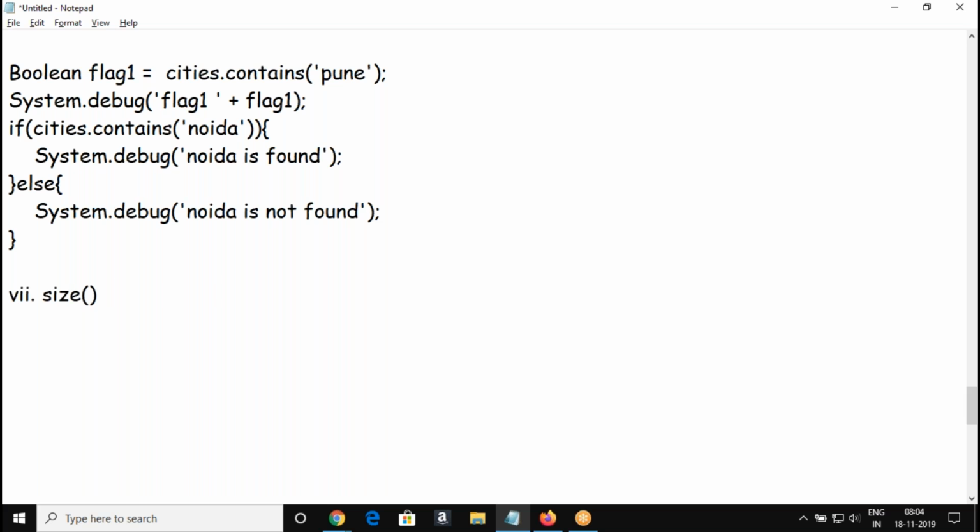We have a size method, right? The method is going to return some value. It returns the total number of elements in the list. How many elements does the list contain? So it returns an integer value.